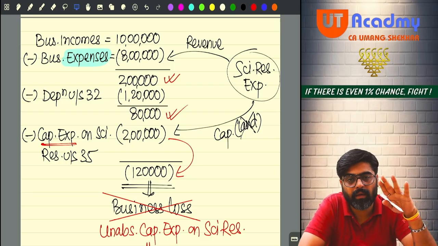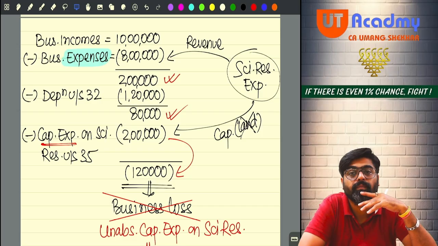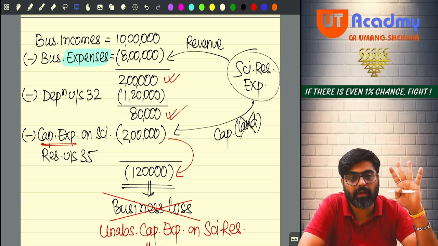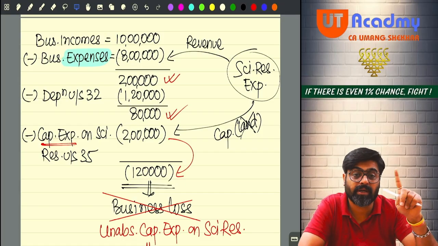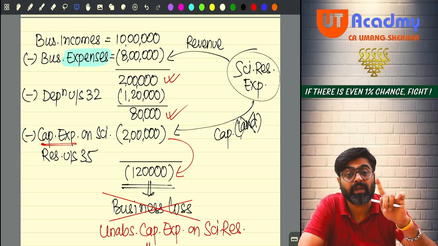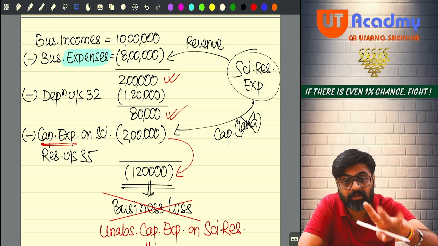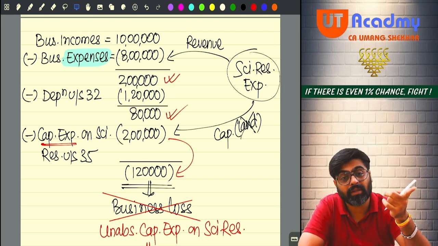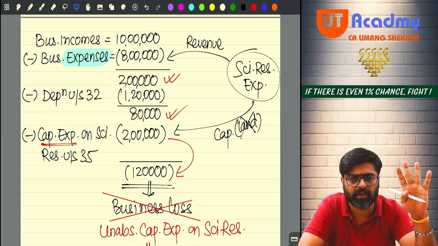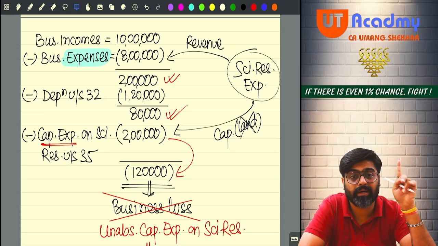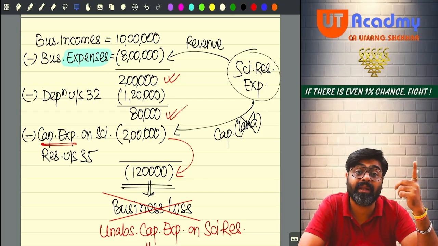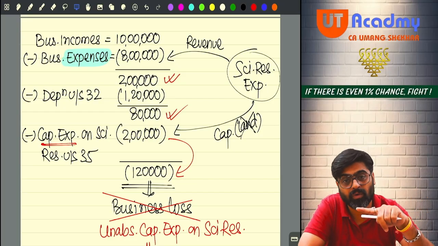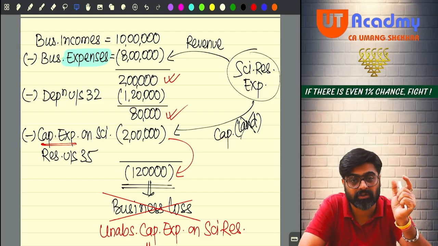So, sir, revenue expenditure, fully allowed. Capital expenditure, fully allowed. This deduction is available to all the assessees, any assessee who is incurring revenue or capital expenditure other than cost of land for the purpose of scientific research which is related to his own business. On that scientific research, whatever revenue and capital expenditure incurred, full amount will be allowed under section 35. But the expense should not be a capital expenditure on land. Expense should be revenue or any capital expenditure other than cost of land.